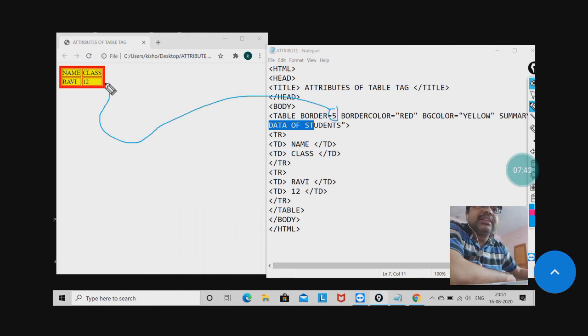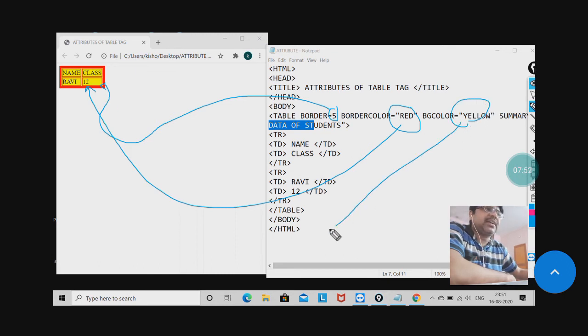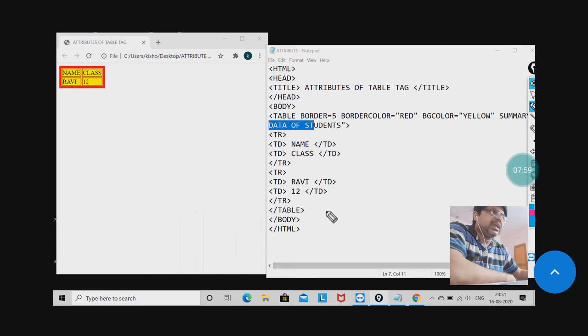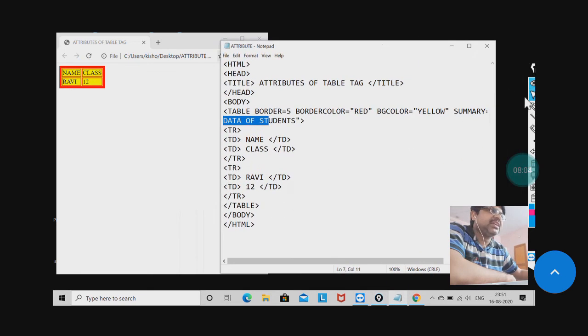What is my border color? You can see it is red. Now background color is what? Yellow. You can see all this part is yellow. Now you see, I have given summary, but summary is not applicable here. Is it showing data of students? No, because I already said it is not executed by the web browser. Okay, this is my first part.